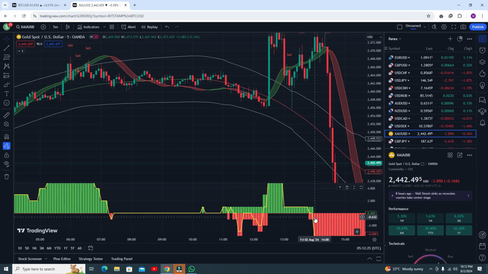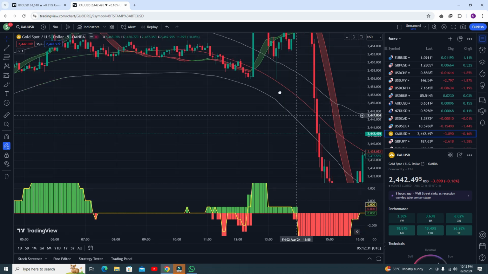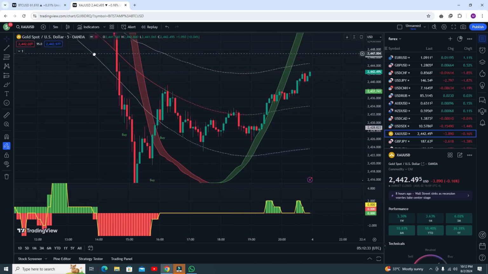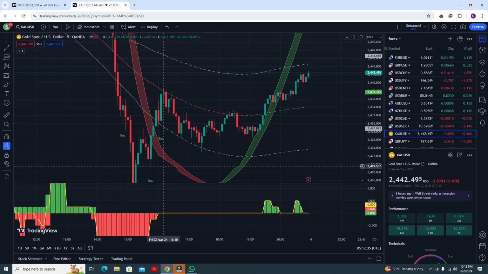When you can see there is only sell volume and you are getting a sell signal, this is your perfect sell position and you can see the results. Okay, and now there is no volume and you are getting a buy signal, and you can see now you are in some good profit. You can go for the buy trade from this point, and you can see now you are in some good profit in gold in a 5-minute time frame. This strategy works on all time frames.